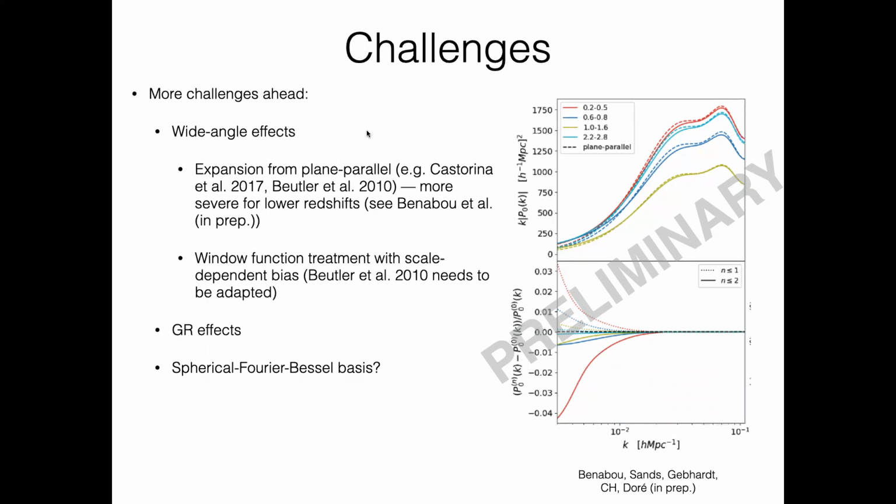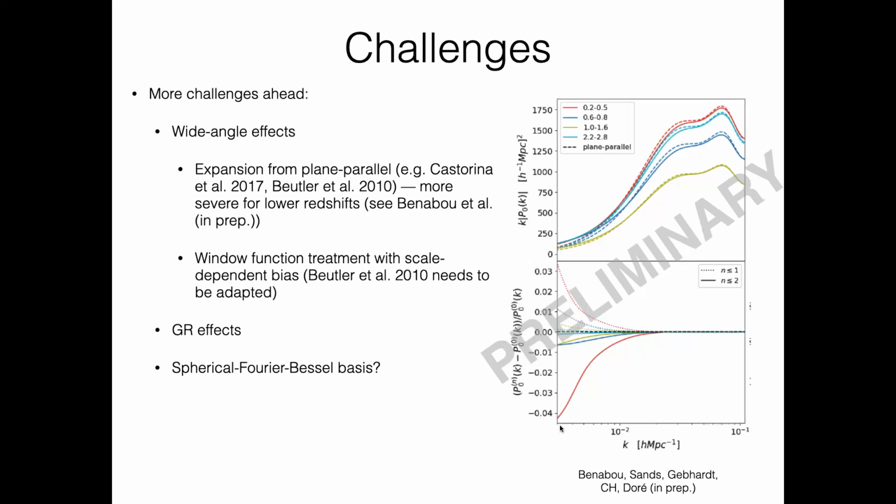So, for example, the plane parallel assumption starts to break down. That is the one where we assume, when we look at different galaxy pairs, that the lines of sight are parallel to each other, and that totally breaks down when you go to opposite sides of the sky. So that doesn't work anymore. One of the things that we're exploring right now is to use mixed plane expansion from the plane parallel approximation, following Castorina et al. and Beutler et al. We're looking at what the effect is for different redshift bins of SPHEREx.